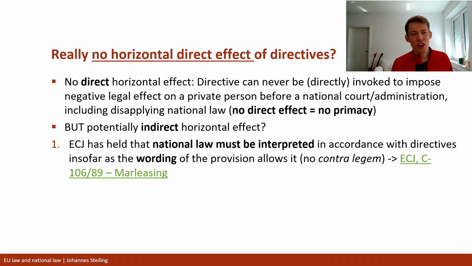So you could kind of argue that this still defeats the purpose, right? Because the argument from the ECJ is that they don't allow horizontal direct effect because it would conflict with the rule of law, because the other private party in the case doesn't know that the regulation applies. It only knows national law, and it maybe has looked at regulations because it has to follow regulations. But it doesn't have to look at directives because directives have to be transposed.